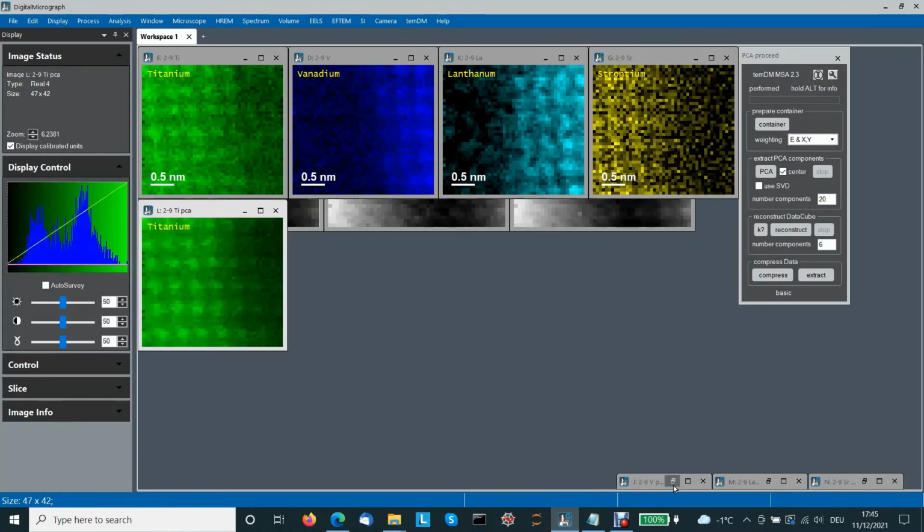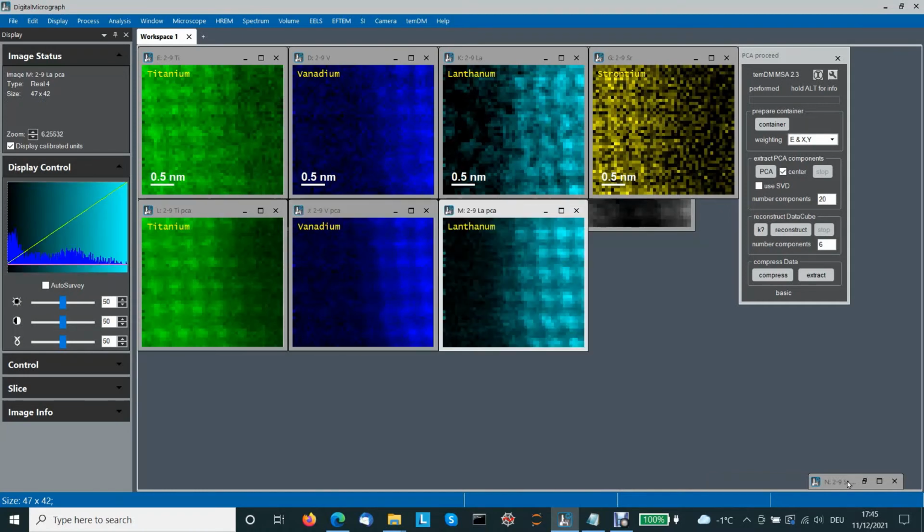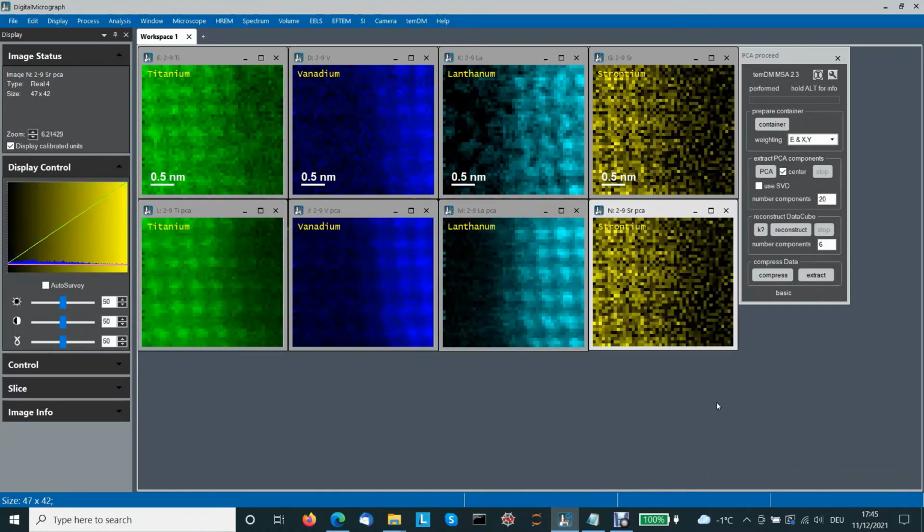And then let's compare that with maps obtained from denoised spectrum image. So you see that maps are indeed much nicer. Titanium, vanadium, lanthanum. Well, strontium is not improved very significantly, but that's because strontium is really a very noisy peak at